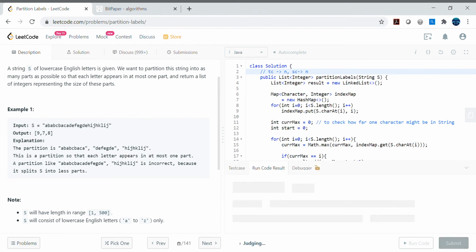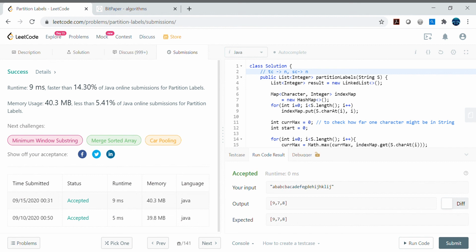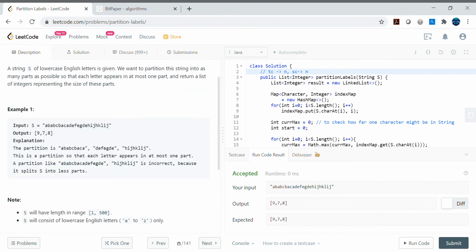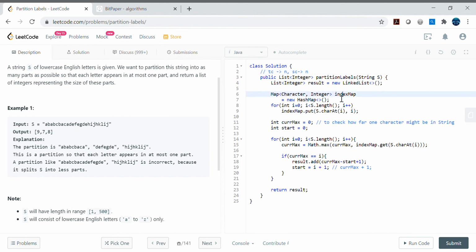Now we have compiled. Let's check if it is getting submitted. So it's getting submitted. One quick optimization we can do here is that S consists only of lowercase English letters from A to Z. Rather than using a collection, which always comes with some cost, if we already know this can be a fixed length, then we can use that fixed length itself.